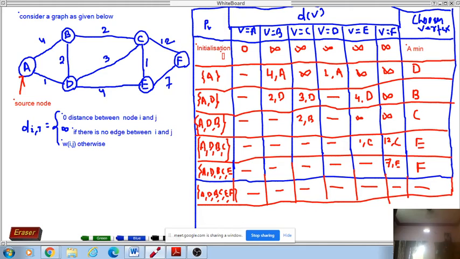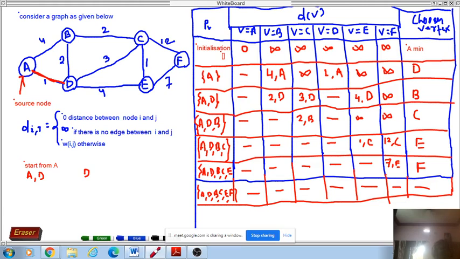Okay, so for this problem, what will the shortest path from source A be? You start from A. For this problem, we have to start from A. Let us start from A. Clear? If you are starting from A, which one is the shortest distance? This one is the shortest. Yes or no? So I choose vertex A. Then I am choosing D. So I am traveling from A to D. Clear? I am choosing D.